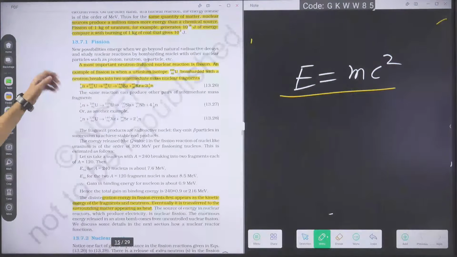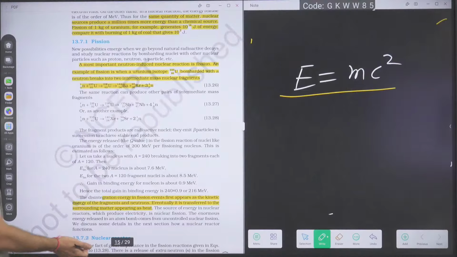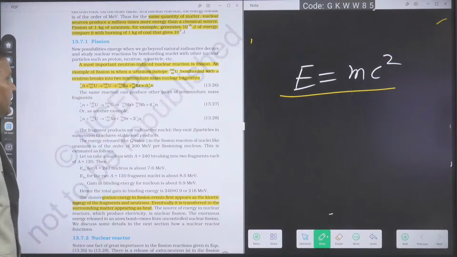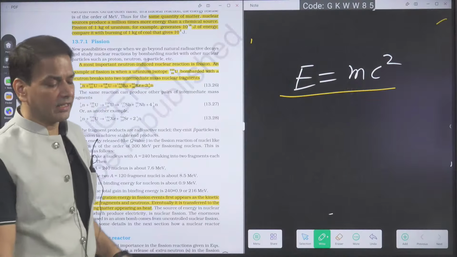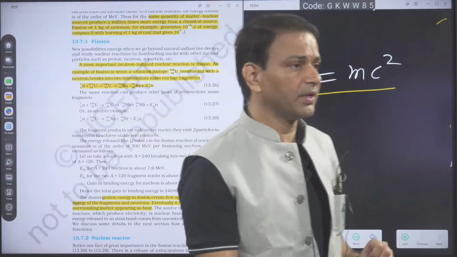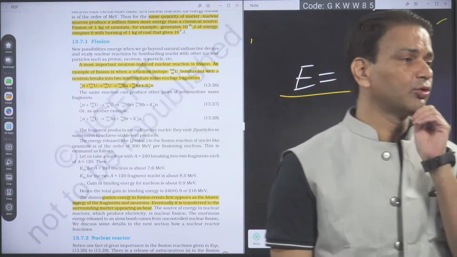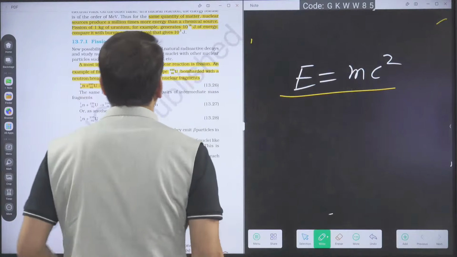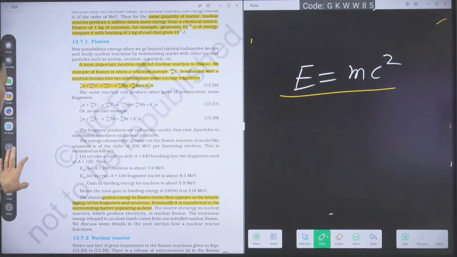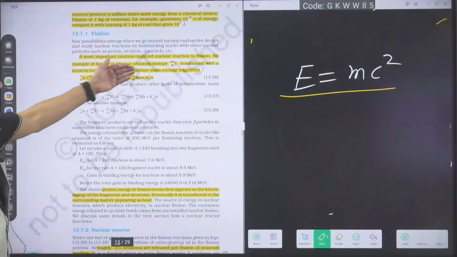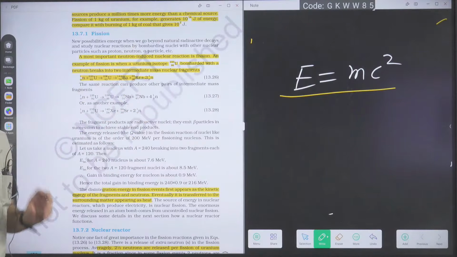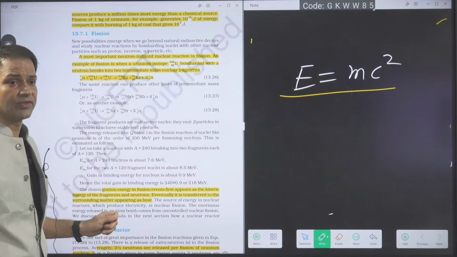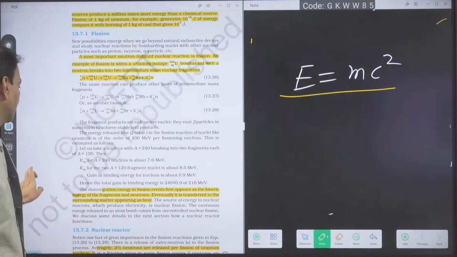Then fission means splitting of the heavier nucleus into smaller nuclei. One fission of uranium they have shown. In that, 3 neutrons are ejected, and on average, if they ask how many neutrons are ejected per fission, remember that it is 2.5. In some reactions 3, in some 2 are ejected. So on average, the number of neutrons ejected in a nuclear fission reaction is 2.5.